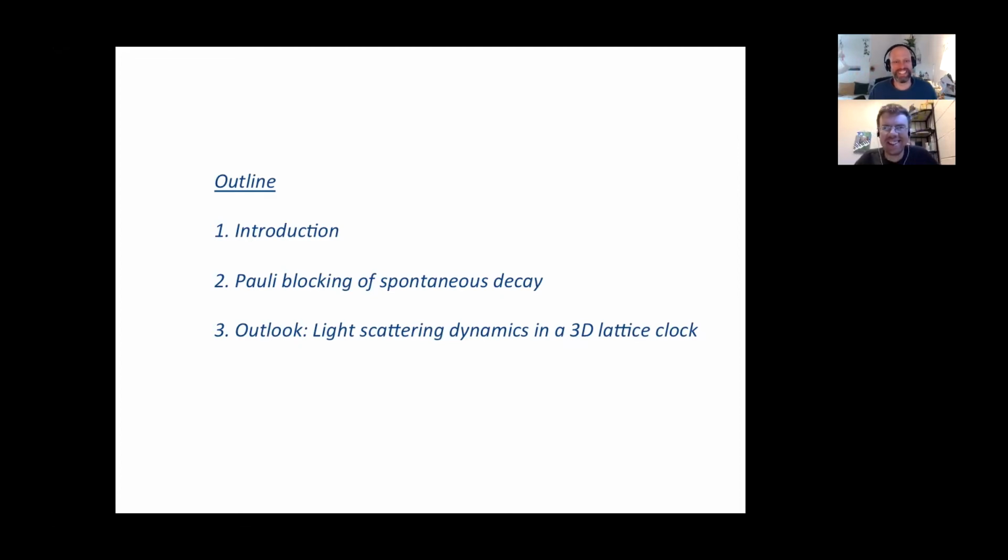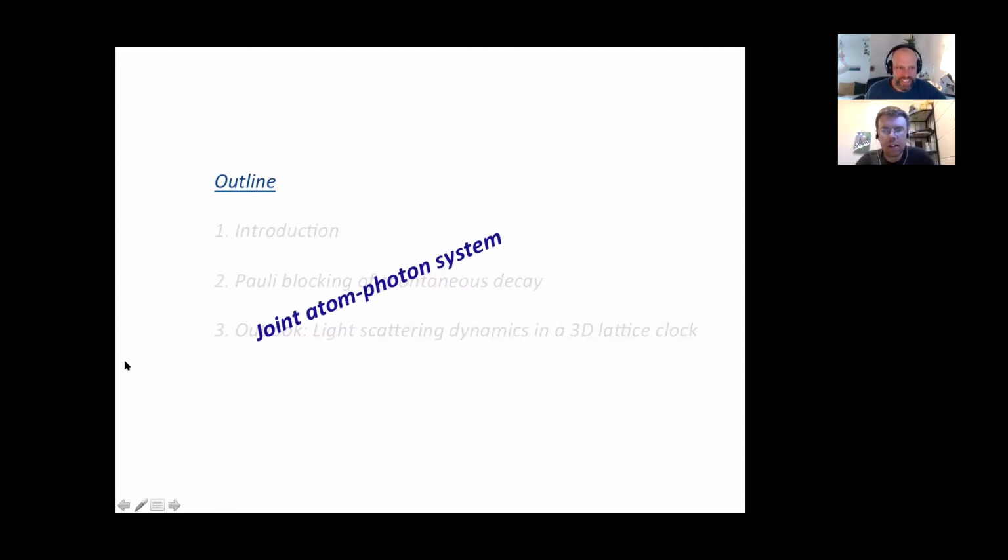Go ahead. Good. Yeah. So, and then if we have a little time left, I'll give an outlook how this connects to our core work of 3D lattice clock, how this can be connected one or the other way. In fact, already right now, I would argue that one of the key underlying ideas is really that we want to consider this